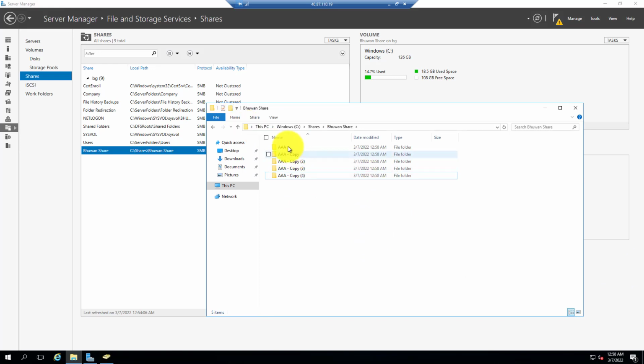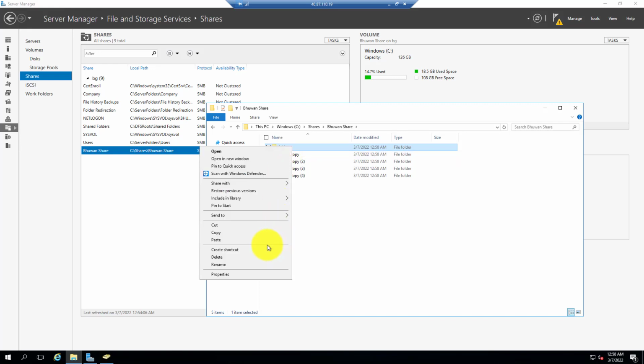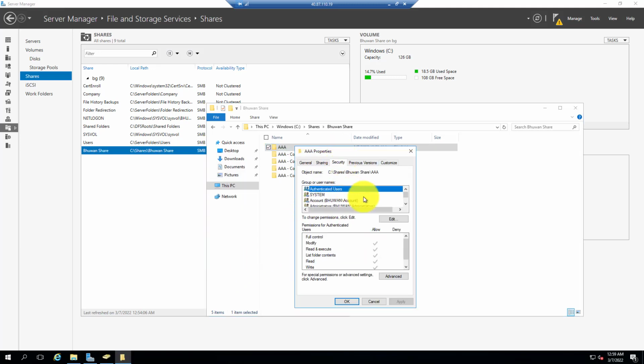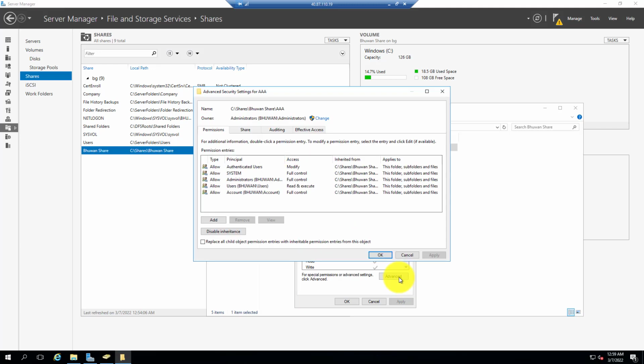So for example, if I'd like to give access of this folder to a certain user and not this folder, so I'd like to give access only to this folder for a user or a security group, then what I can do is I'll go down here and I'll click on Properties and Security and Advanced, and if I want to give access to